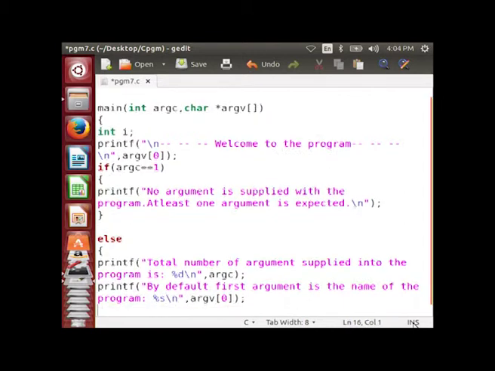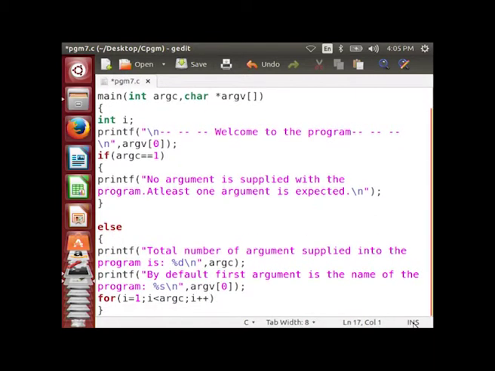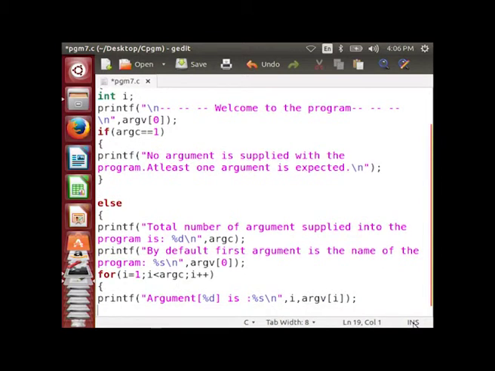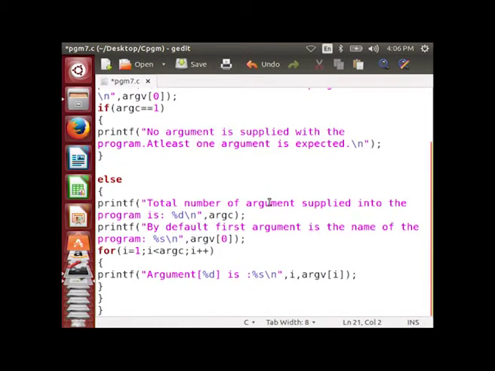Then for i = 1, i < argc, i++, then within curly brace printf("argument %d is %s", i, argv[i]), then close the curly braces.